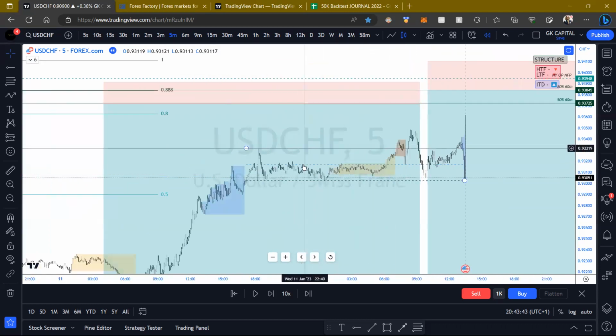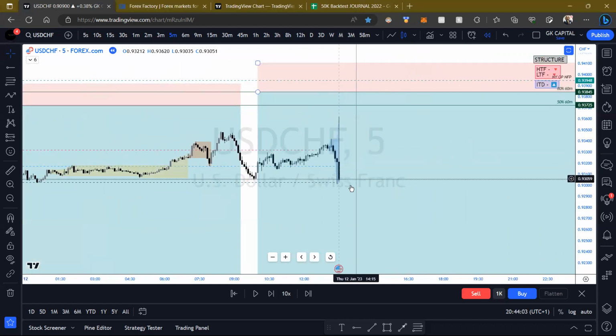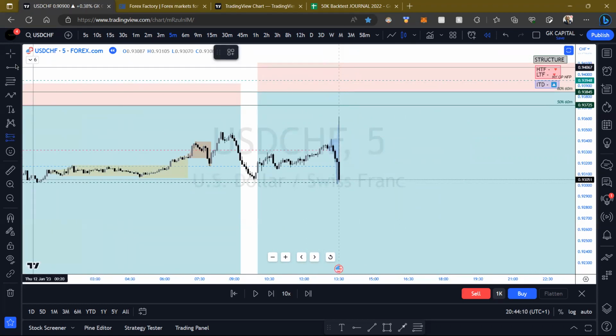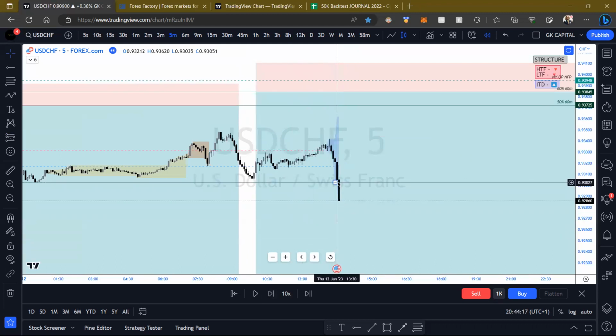So this is our first drive, our second drive, this is now our third drive. The moment we get this break, I'll do the same thing once again. I just thought we'd done that, but we didn't. So we measure that, see if it's 50%, we can set 50%. Now at this point, we could also go ahead and place a sell limit, sell stop. But this is news. I'm not sure whether somebody would be happy to do so. I know I'm not, so I'm not going to do it. I just need to get the break. So there's the break.